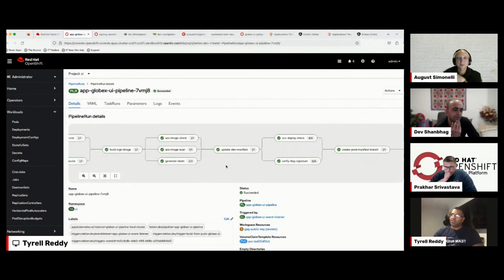I think Tyrell and Prakhar make it sound really easy, but it's such a critical step. This SBOM could save your bacon at the end of the day. It's so important to just see that one critical severity being missed, and you get into all those numbers that you spoke about, August, initially, right? One small miss, and you could be talking millions, right?